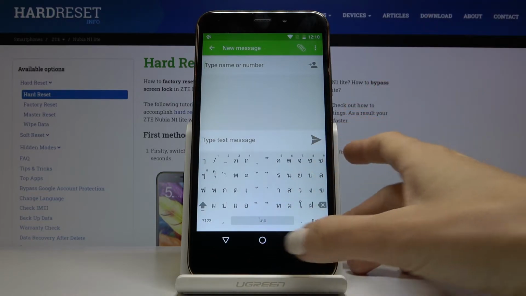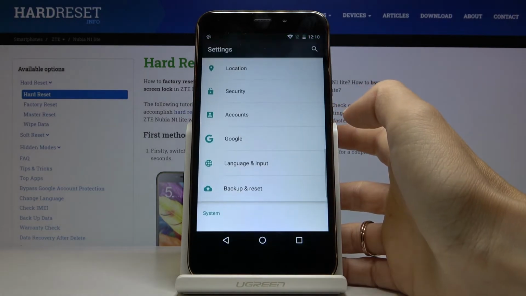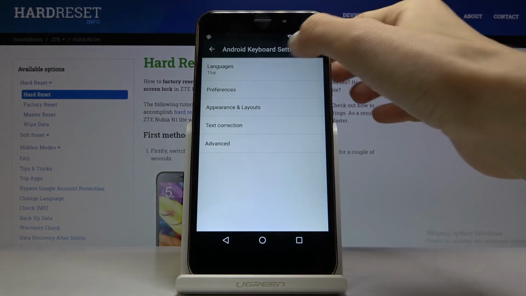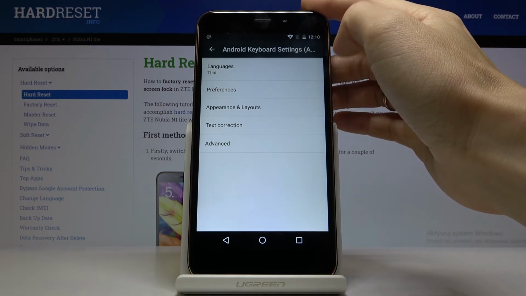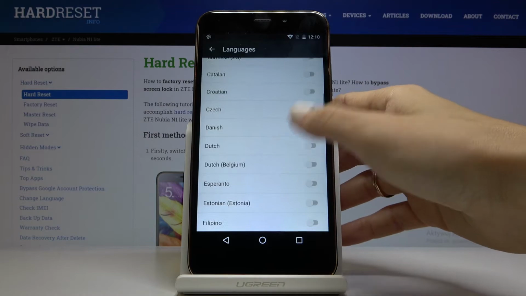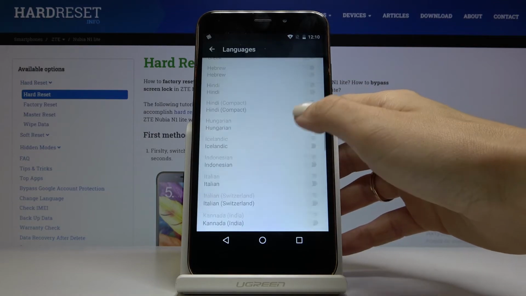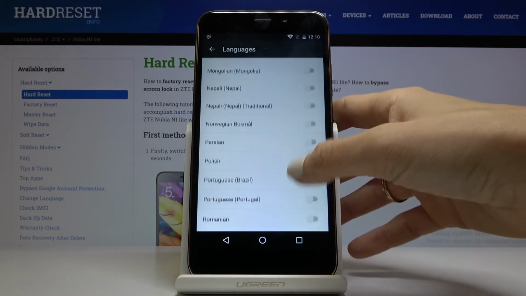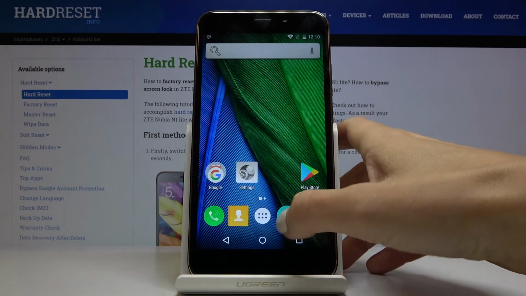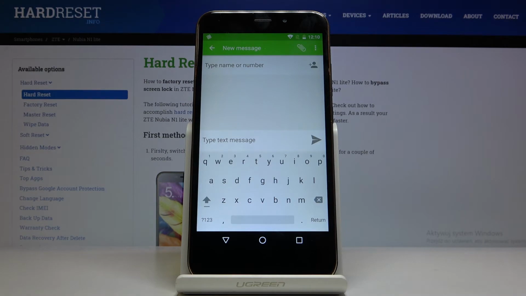Then obviously you can change it the same way, just open the settings, pick languages and input, go to Android keyboard, languages, go to languages and turn on, for example, English, switch Thai off. And now if you open it again, you will see the difference. So that would be